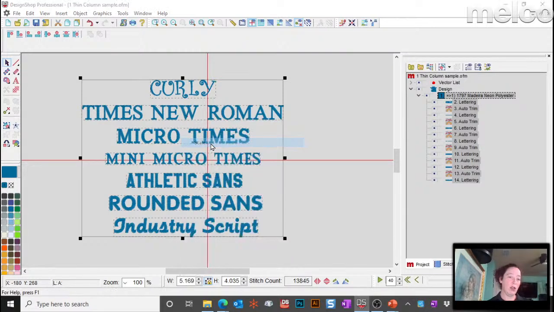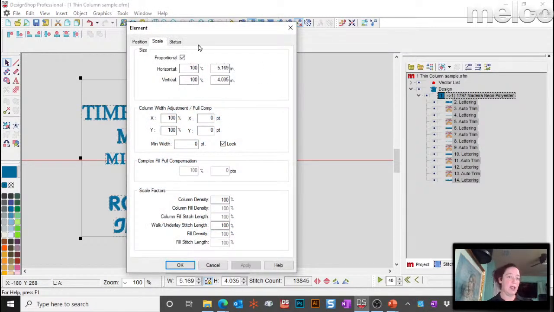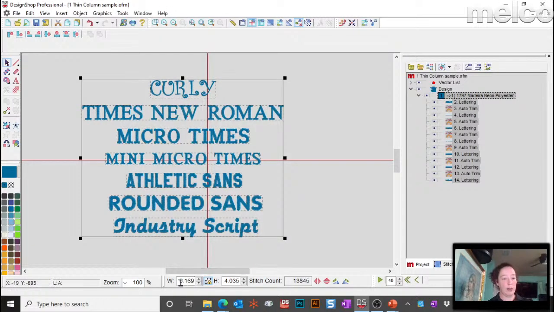You can right click, go to scale, and you can scale up here either by size or by percent. Down here where you have the W and the H, you can